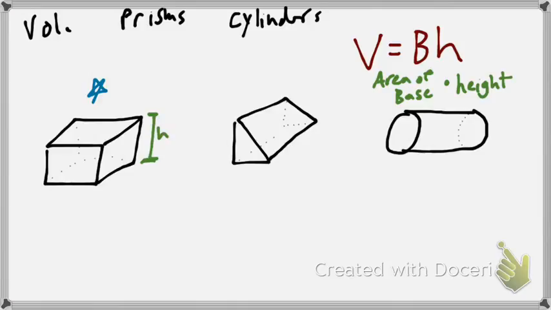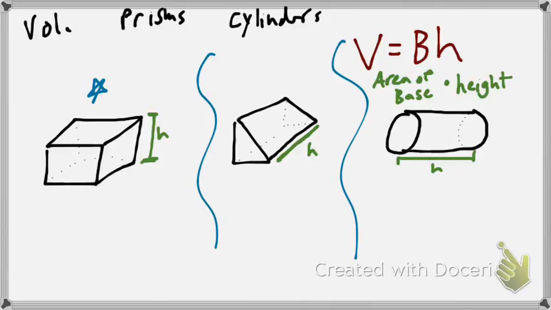For the triangular prism, it's the distance between the two triangles. So this right here would be my height. And then cylinders are, like I said, not too bad. It'd be the distance from circle to circle. Questions there? Okay. So now that we know the area of the base and the height,